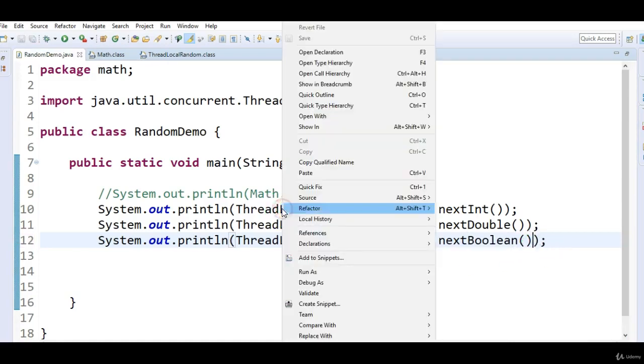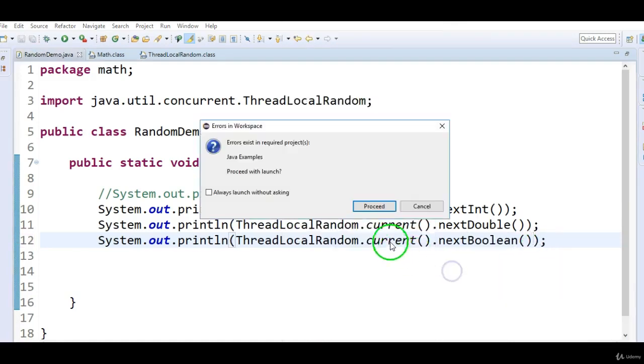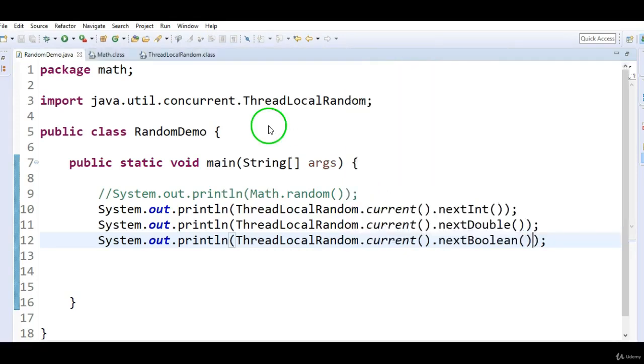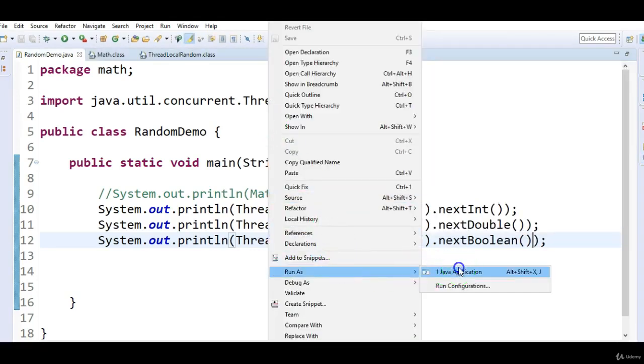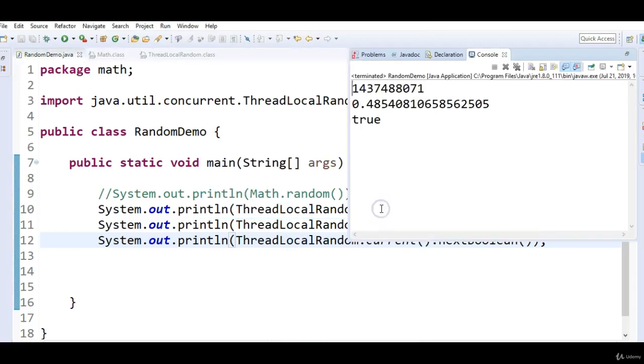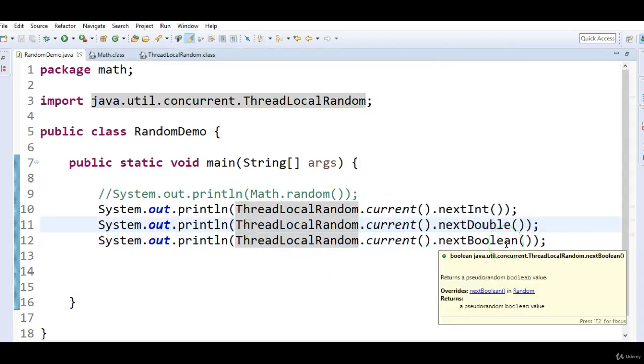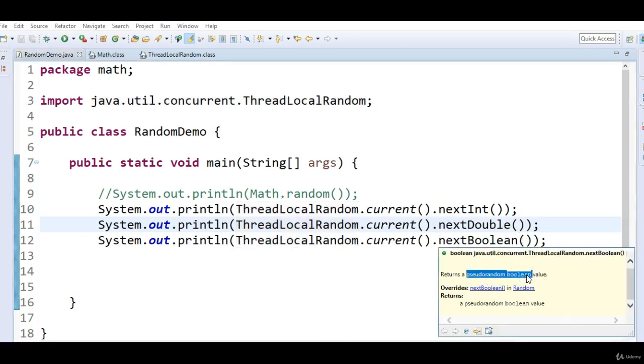Now let's run the program and see the output. So if you see -321, 0.2986 and then true. Now let's run the program and see whether it is returning the values randomly or not. 1437, 0.4854 and true.